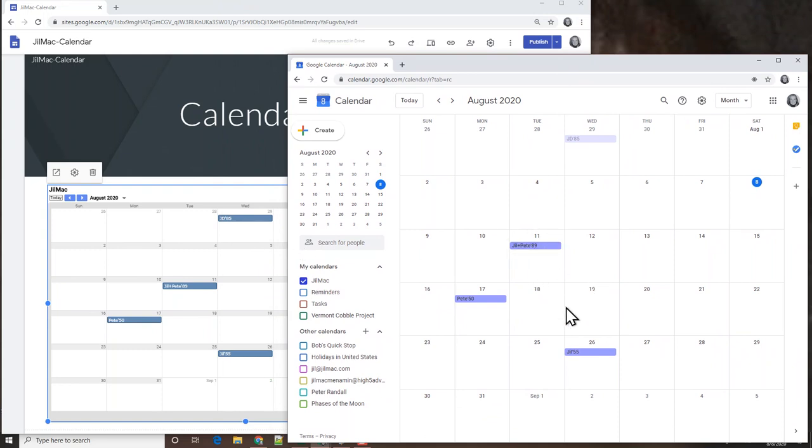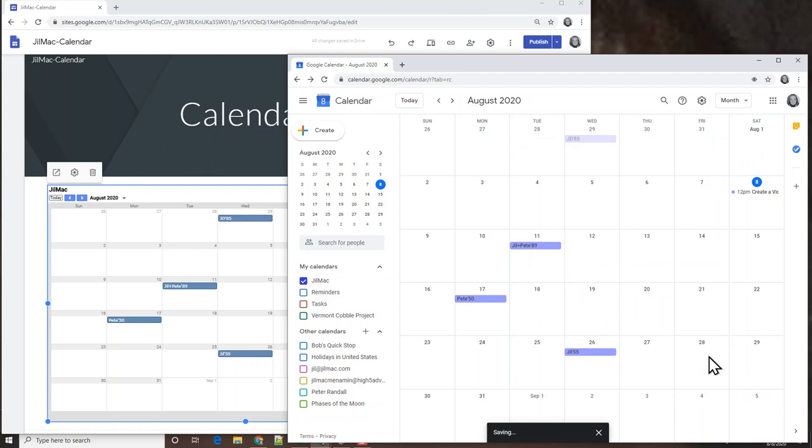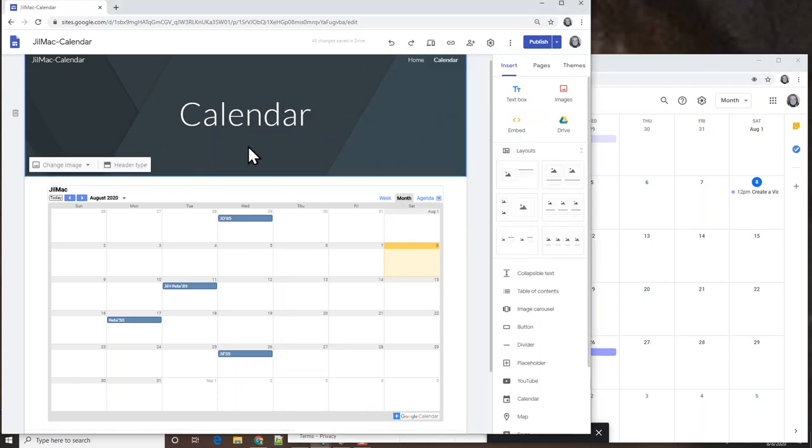But if I want to make these events private, or suppose today's the 8th, so I'm just going to say at noon, I'm going to create a video. So I'm going to save that event, and now this is an event, which is different than something that happens all day. So when I do that and I look at my page and I publish it,